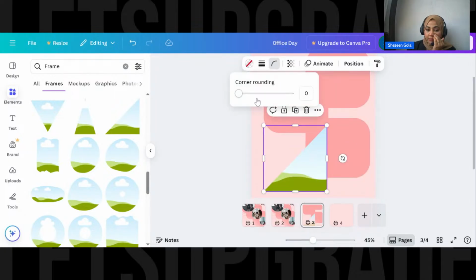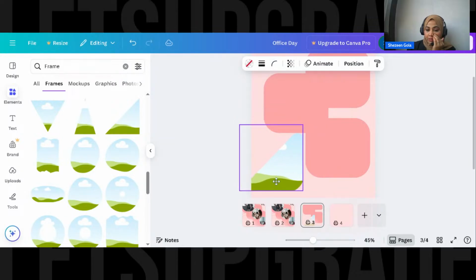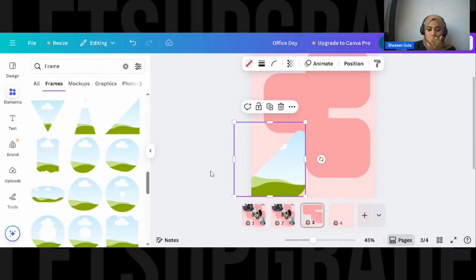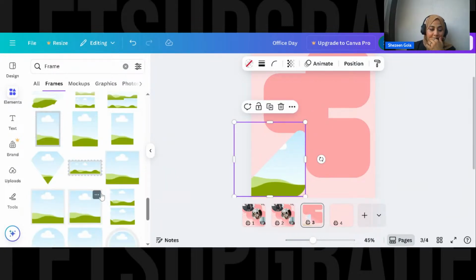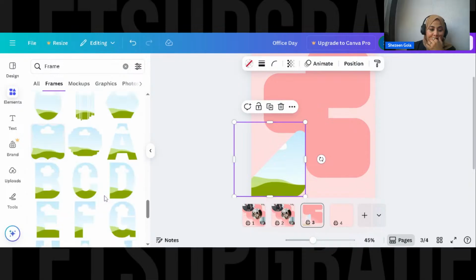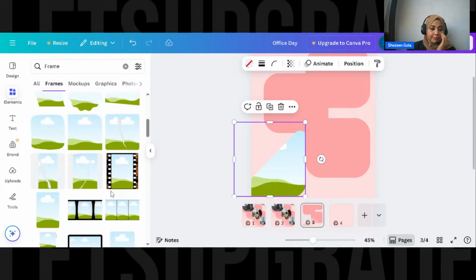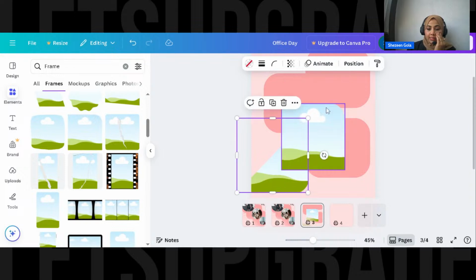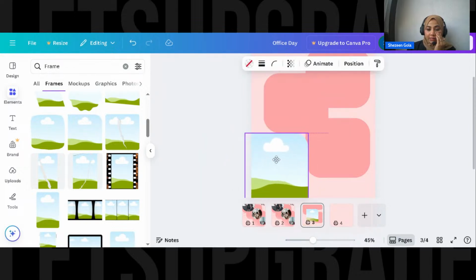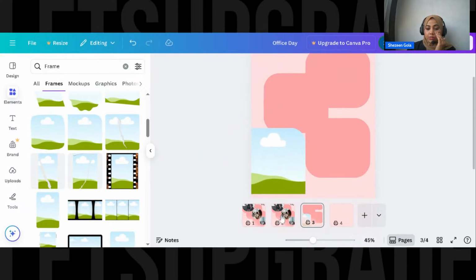So we can make the corner rounding of this also, change it here. Okay, so we can keep it here, or let's select something else. Let's select this. Okay, and we can just delete this. Okay, so this will match also.